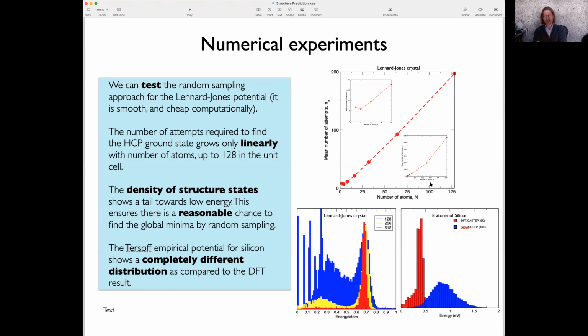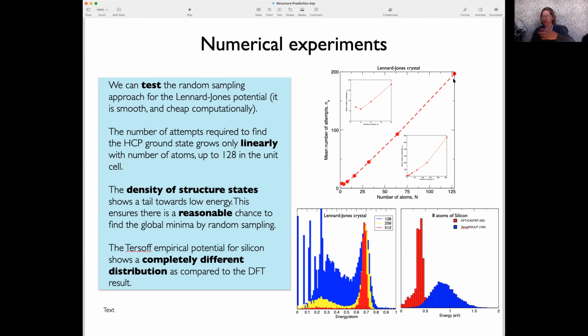And so what I've got on the right hand side is a plot of how many times I have to randomly generate a structure and relax it before I find the ground state HCP structure, because we know that the HCP, hexagonal close packed structure, is the ground state for the Lennard-Jones potential. So how many times do I have to randomly generate structures before I find the HCP as a function of increasing system size? And what I've got here is a linear plot, with number of atoms on this axis here, and number of attempts on this axis here. And you can see for up to 128 atoms, it's only getting more difficult, roughly linearly,